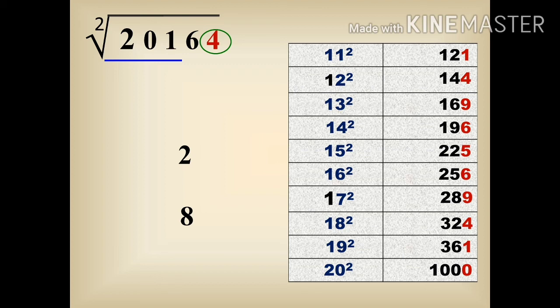So coming to this example, the number 201 falls in the range 196 and 225. So the lowest range is 196. The corresponding square root is 14. So let us write 14. So now we are having the chances either 142 and 148. So next step we are going to multiply 14 with its next number 15. So if we multiply 14 and 15, we will get 210, right?